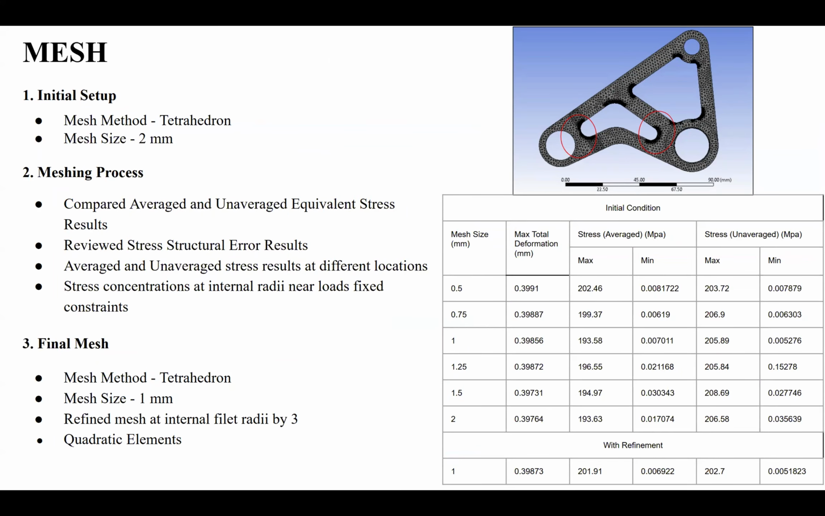To begin the meshing process, we started with an initial mesh using the tetrahedron method with an overall mesh size of 2 millimeters. The results from it showed that it was not yet converged. The average and unaveraged stress results were different and located at different areas of the part, showing up at internal radii near the loads and constraints. We then ran the simulation with finer overall meshes from 2 millimeters to 0.5 millimeter element sizes with a step